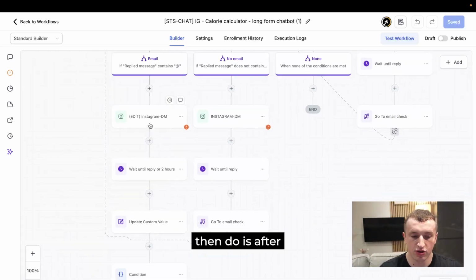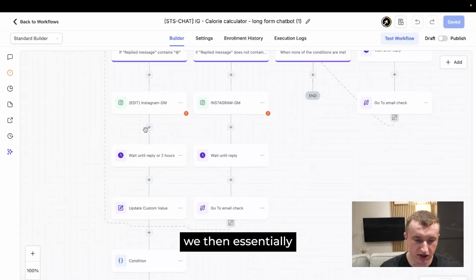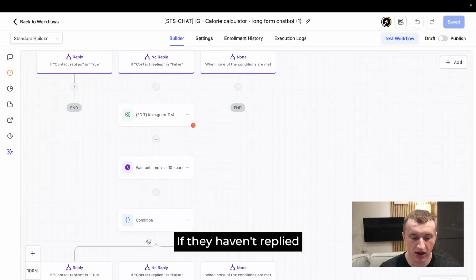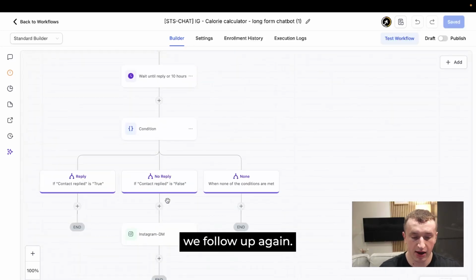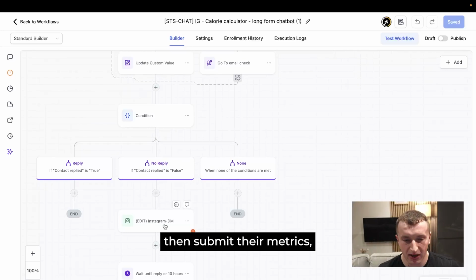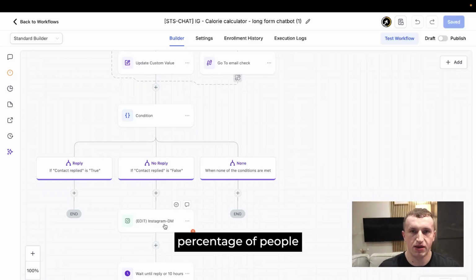Now, what we want to then do is after we've sent them the form for them to submit their body metrics, we then essentially have a follow-up system. If they haven't submitted the form or they haven't replied to us within 2 hours, we follow up. If they haven't replied or submitted the form within 10 hours, we follow up again. What this then means is they then submit their metrics, and there's a far higher percentage of people moving